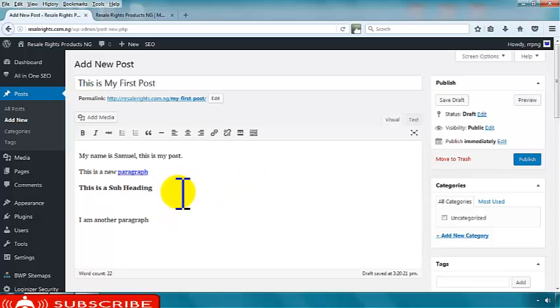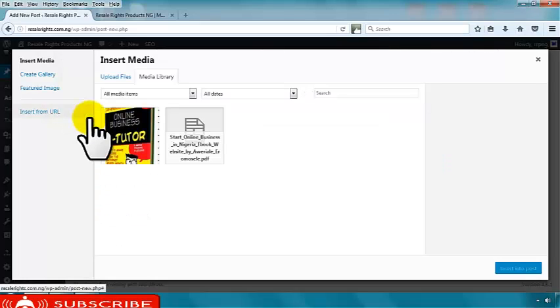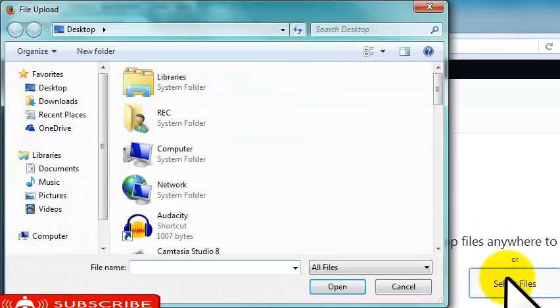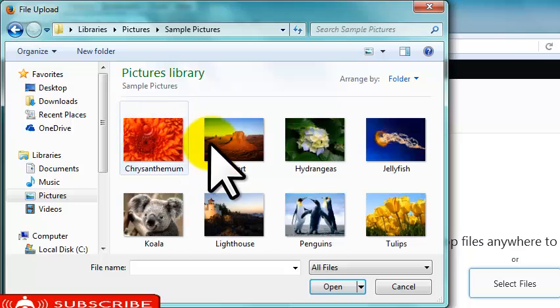Now if you want to add an image to your post or a video, you click where you want the image to appear and you come to add media. You click on that. So if you already have some images, you can select them from the media library. If you have an image that you want to upload from your computer, you can go to upload files. You can either get the file and drag and drop it here, or you click select files so that you can select it from your system. So we'll just select any image that we can find